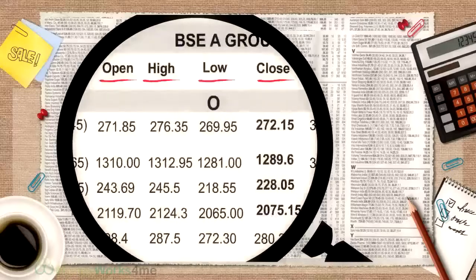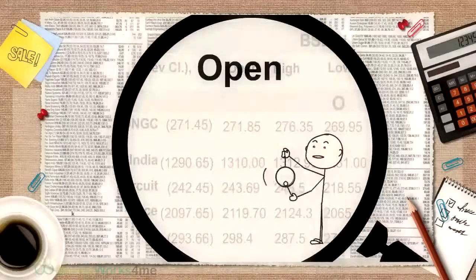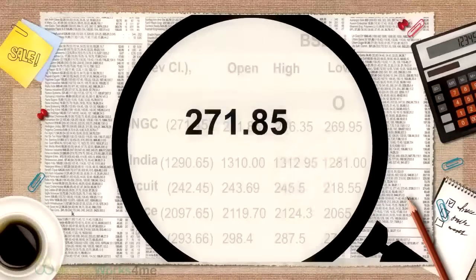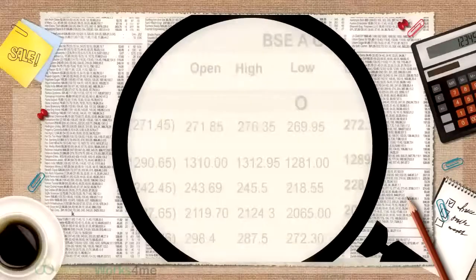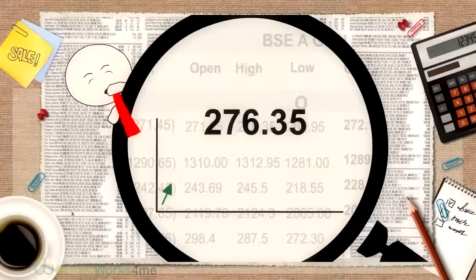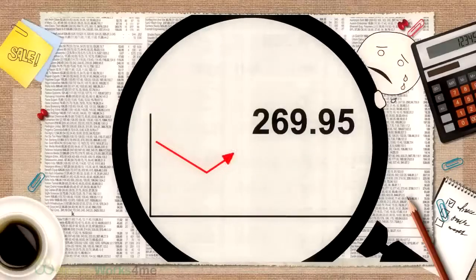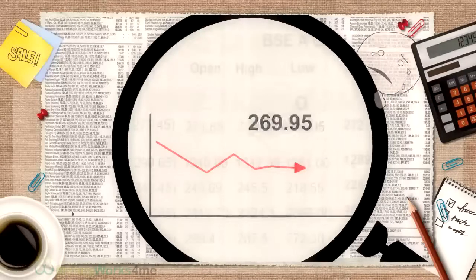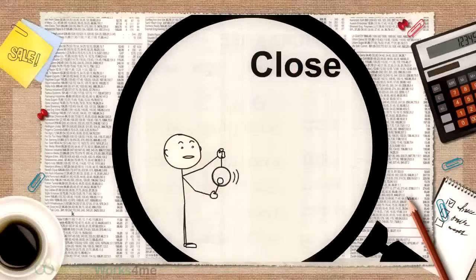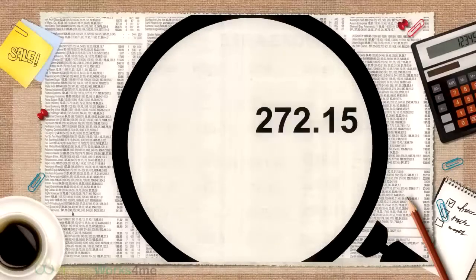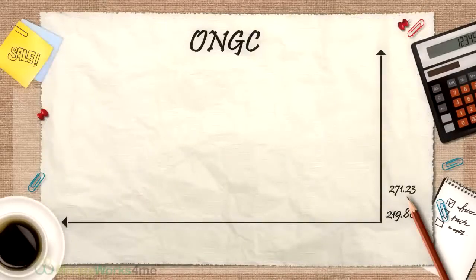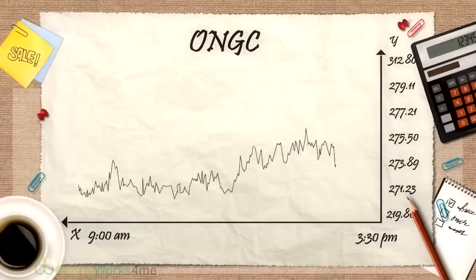271.45. The four figures appearing immediately after this are the day's opening price, Rs 271.85, the day's highest price, Rs 276.35, the day's lowest price, Rs 269.95, and the day's closing or last traded price, Rs 272.15. What this means is that ONGC was first traded at Rs